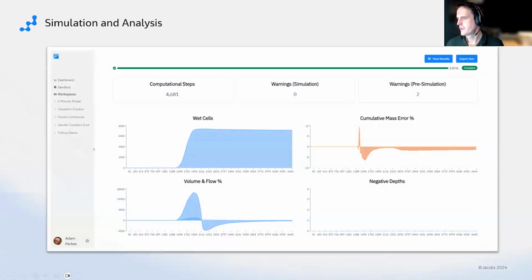So as that starts to run, you'll get this plotting data coming back into the system. You'll see this updates every few seconds, so you can see the health of your model as it's running through. And you can run multiple models at the same time. So we frequently run hundreds of models in parallel in our systems using GPU and CPU compute, giving us the ability to run basically as many models as we need to match client needs.